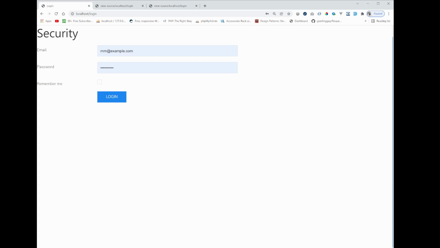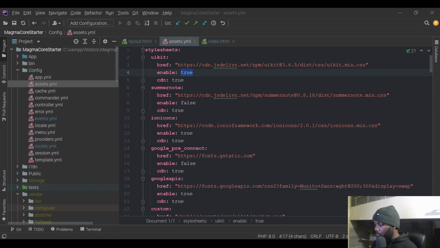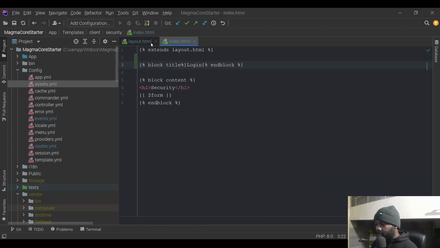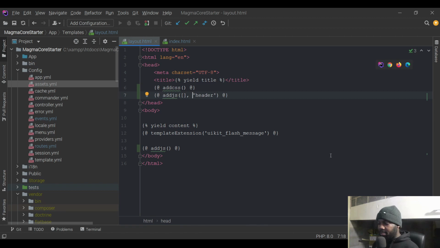So I'm going to put in a couple of HTML elements just to wrap my security controller within, so it's a little bit more contained. If I go back to my editor, let's add some HTML that we're going to use to display our content in videos going forward. Let's go back to my layout.html template, and I'm going to wrap this around some HTML element. So I'm going to say